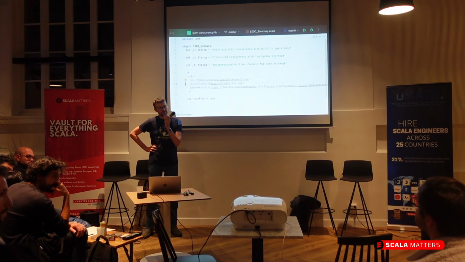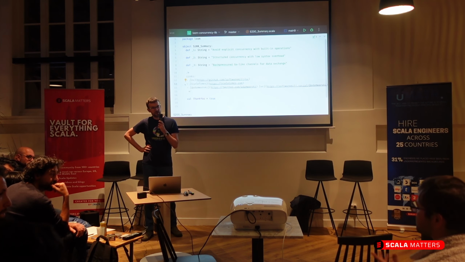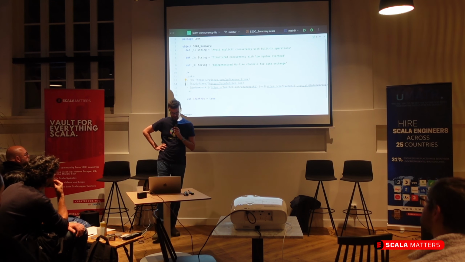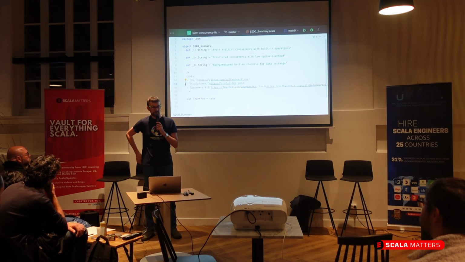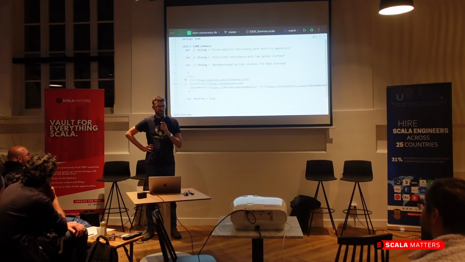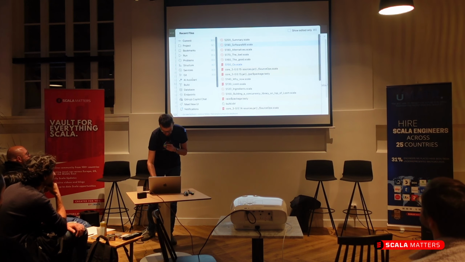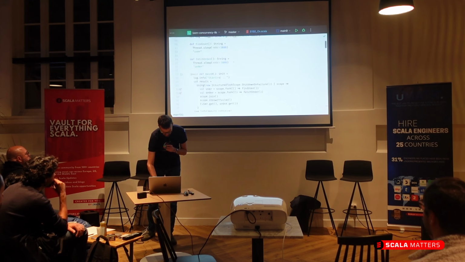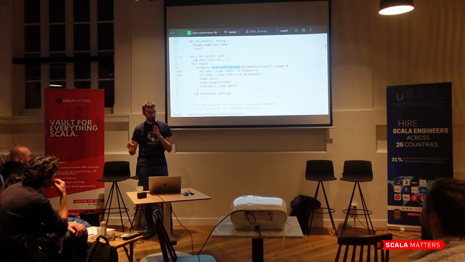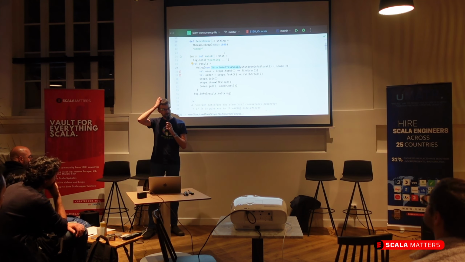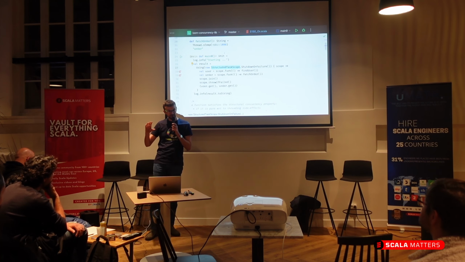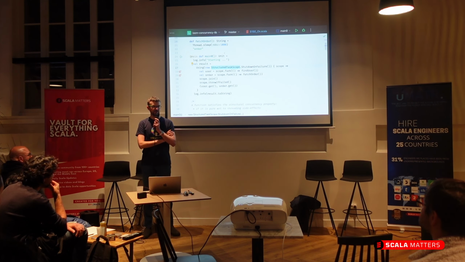Just to clarify, this Project Loom is in Java 21. Is it already there, or is it a preview or something? Yeah, Project Loom itself was published as a final, publicly available feature of Java 21. The structured concurrency APIs, the one that we have seen here at the top, that's actually in preview, so it will be stable probably in the next LTS. But the virtual thread itself as a feature of the JVM is a publicly released thing.